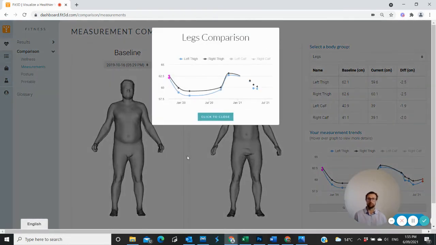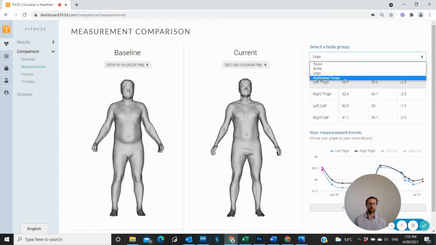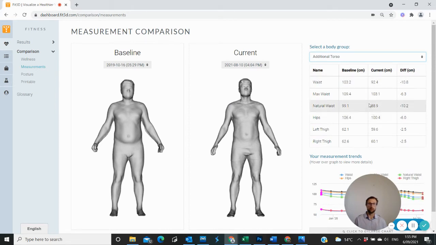Then again, bring it on the top of the screen. You'll see in this example, the right leg was bigger every single time. There's an additional torso measurement as well. So I think for those of you wanting to use this to track health, the 3 main measurements, if I'm